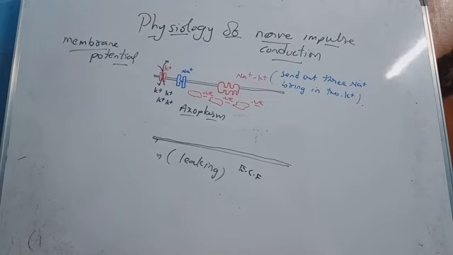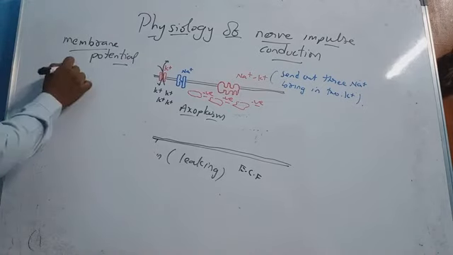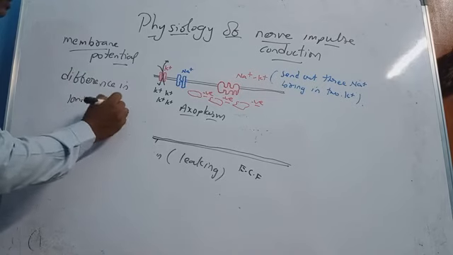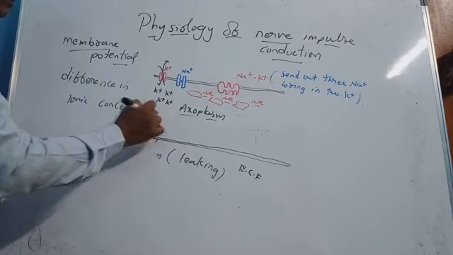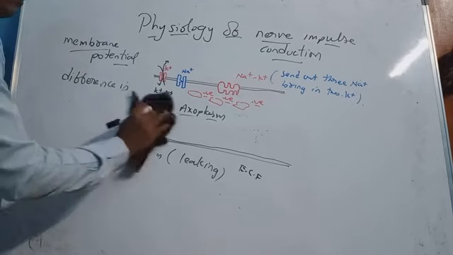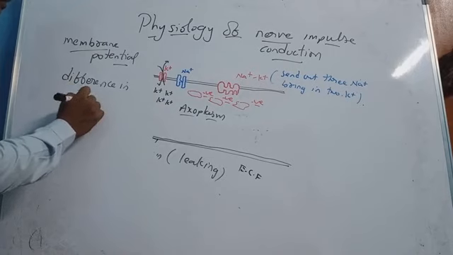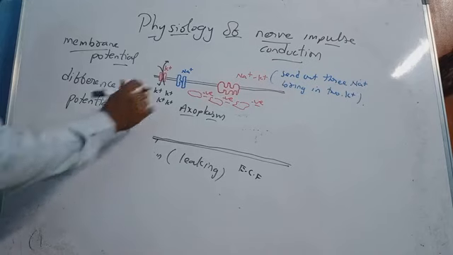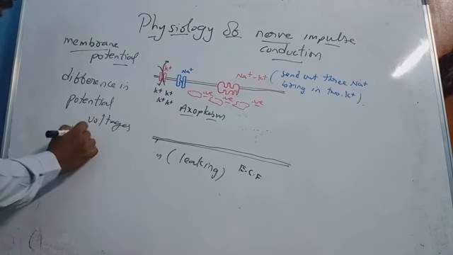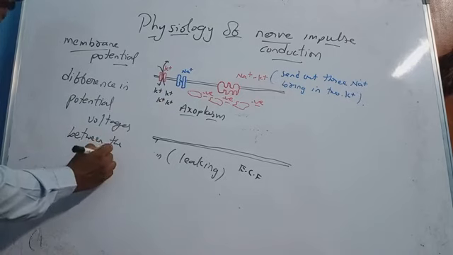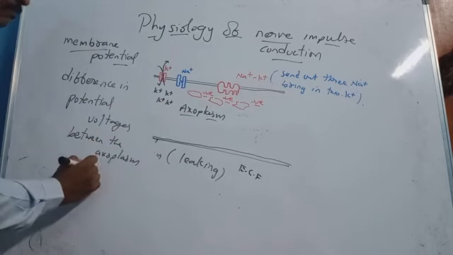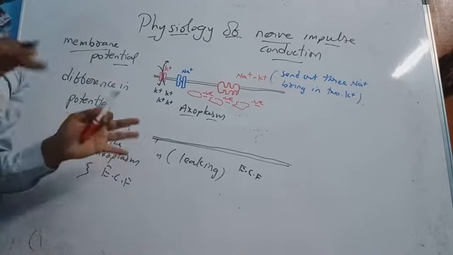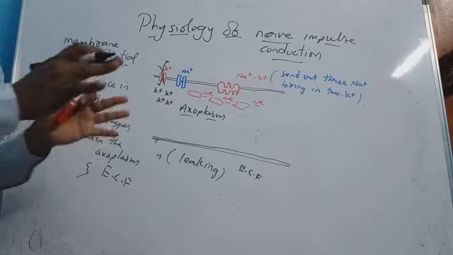So what is the membrane potential? The membrane potential is the difference in ionic concentrations, or we can say the difference in the potential voltages, between the axoplasm and the ECF. Now for example, think that the nerve is not activated, the nerve is just in the inactive